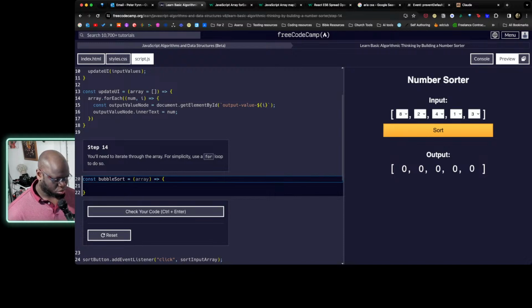We'll use a for loop to iterate. So, for loop. We haven't set it to do anything, but